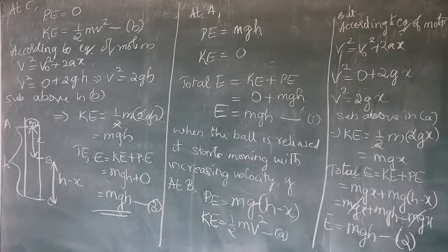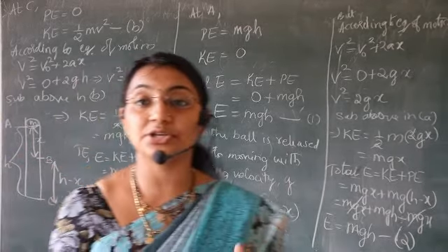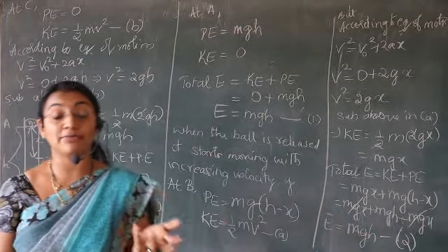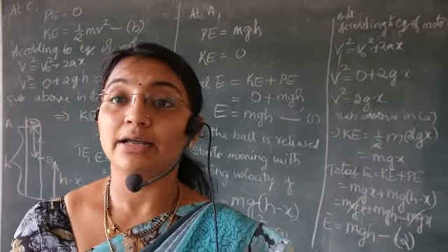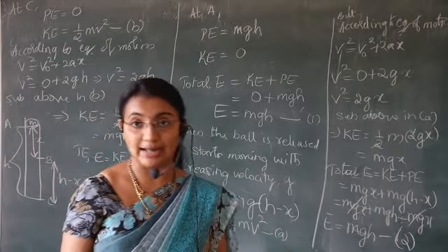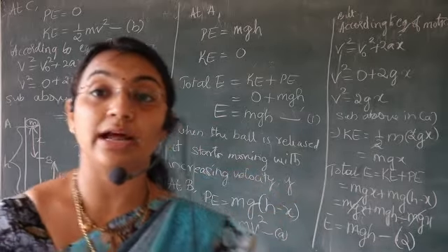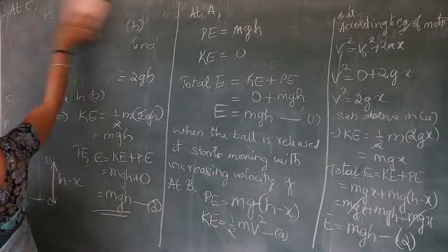The next derivation is about the illustration of conservation of mechanical energy itself, but not by using a ball kept at a height and dropped from a height, or an object kept at a height. The next derivation is regarding the pendulum's bob. Some of you have already completed the experiment of the simple pendulum, some of you are yet to complete. But you have already seen the apparatus when you came to our lab. So using that simple pendulum, we are going to derive the expression for conservation. We are going to prove that energy is conserved.